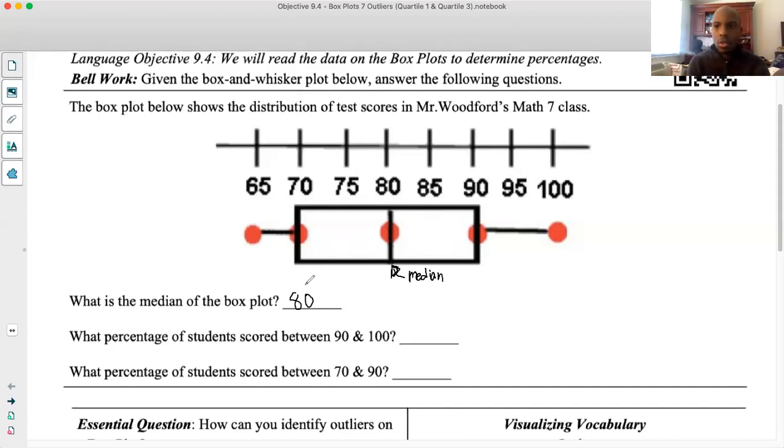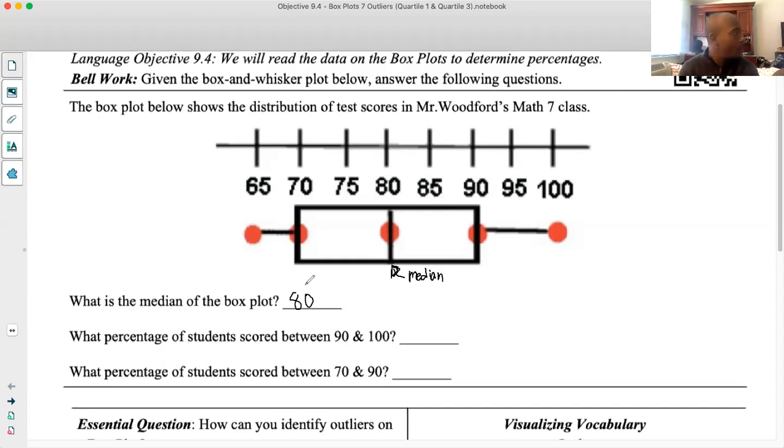All right, cool. What about the percentage? This is a question that I see a couple students are a little confused on. They have been asking me for help on it, and in the last video, I tried to re-explain it to really give you a better understanding. Every part of this data is broken up into